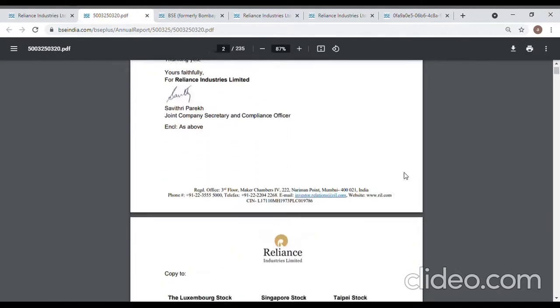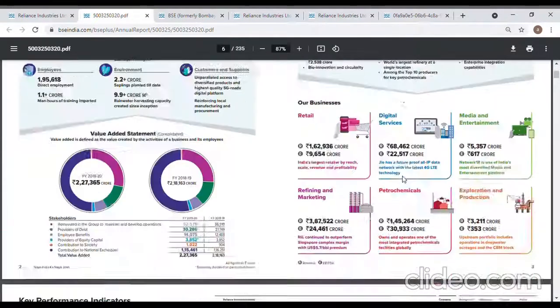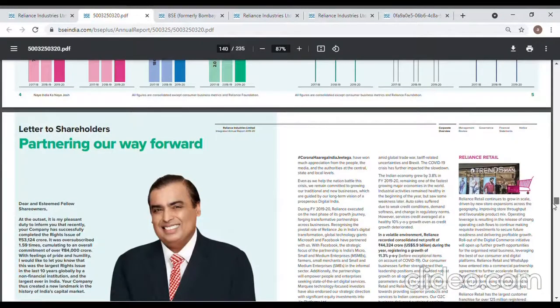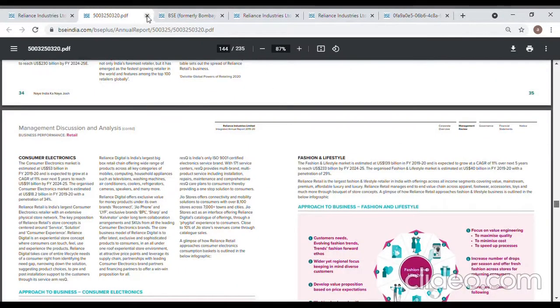If you know how to read the annual report, you can have a basic idea about that company for sure. That's the annual report of Reliance Industries, last year's annual report. Okay, I'll just go back. Now,